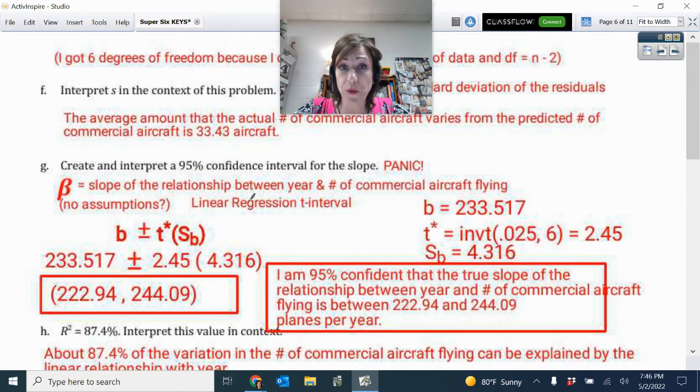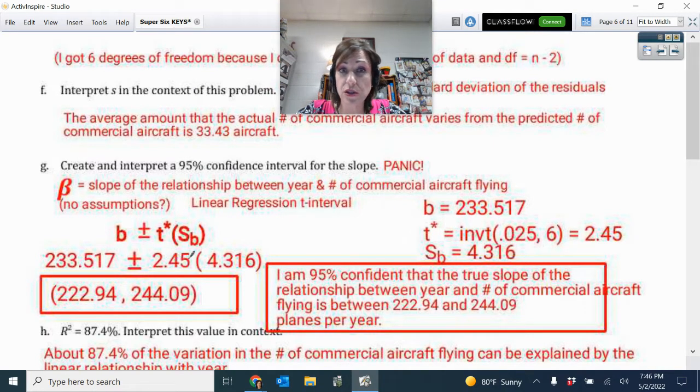It was a linear regression T interval. So we had to do it by hand from a computer printout. Remember, that's the sample slope plus or minus the critical T score times the standard deviation of the slope. So here we have that